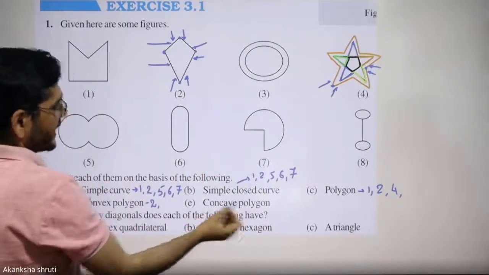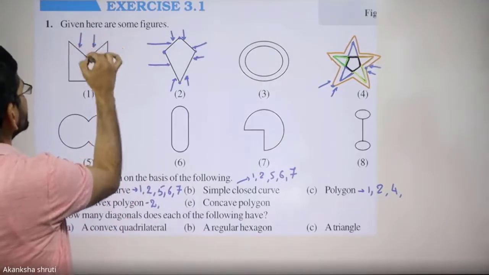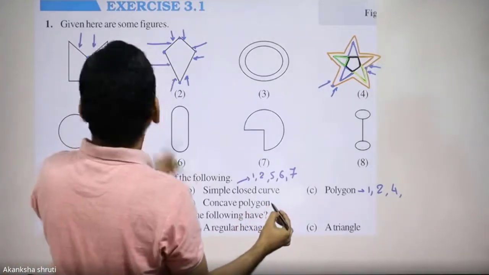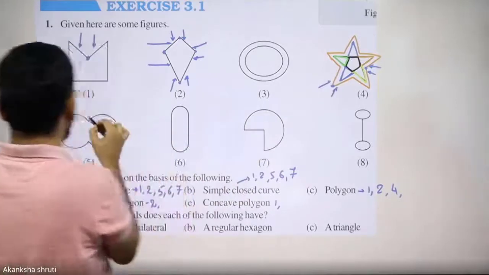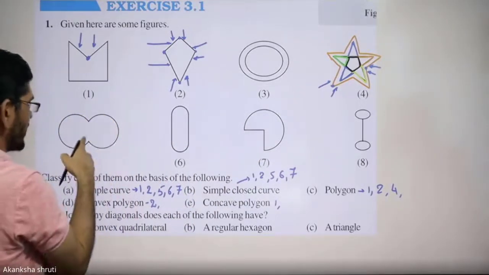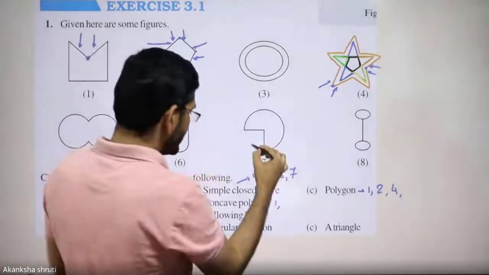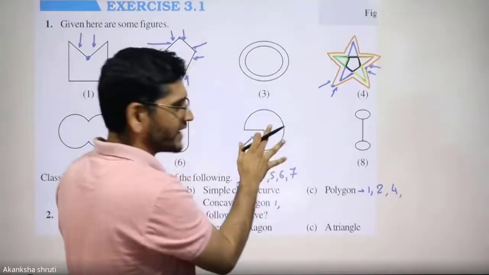Only the concave polygon is asked. Students, here we are getting that this part is concave. So it is our one. The other one is also there. Yeah, here it is also hidden. Even if we may consider here also, it is not a polygon, so we are avoiding this. Even if it is asked here, it is also a concave one, but it is not a polygon. That's why we are avoiding this figure.